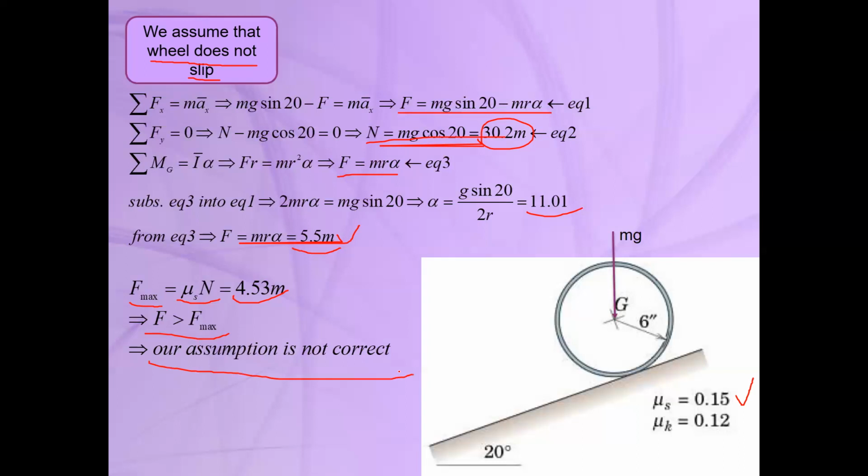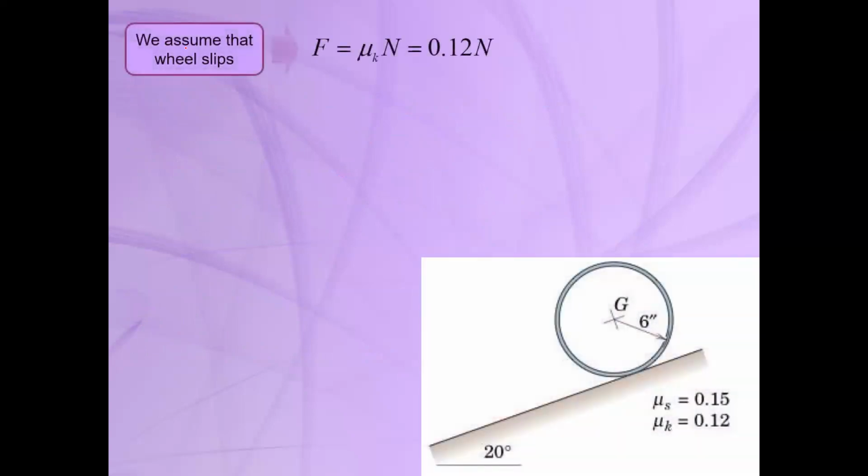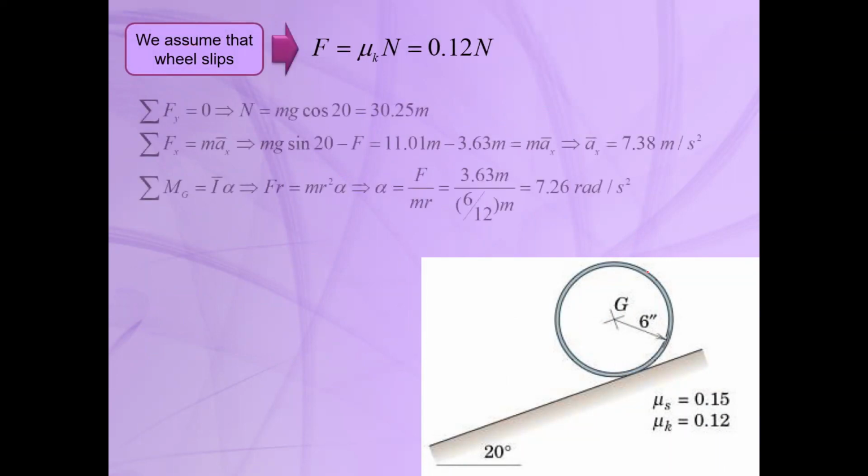Okay, so now we should start with the second assumption, and we need to obtain again the angular acceleration. So this angular acceleration is not correct. So let's start with the second assumption. We can consider that the wheel slips. When the wheel is slipping on this surface, the first conclusion is that the friction force is equal to mu k times n, the coefficient of kinetic friction multiplied by n, which n is again mg cosine